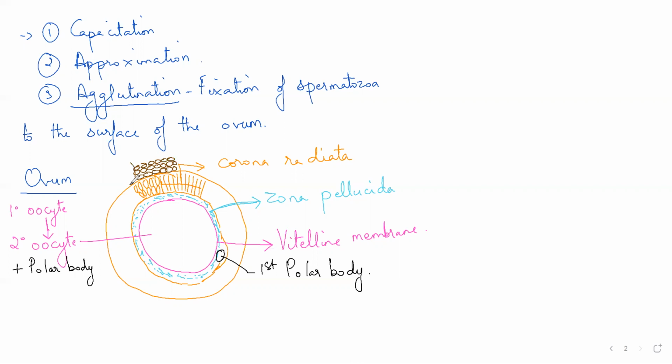This was the stalk to which this structure was hanging inside the Graafian follicle. If I just make you revise this, theca externa, then there was theca interna,